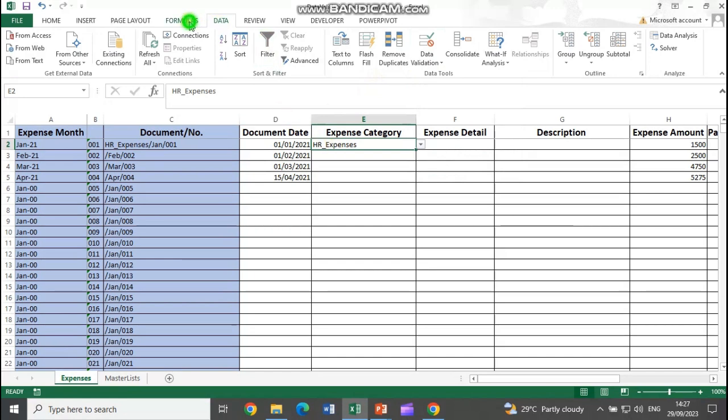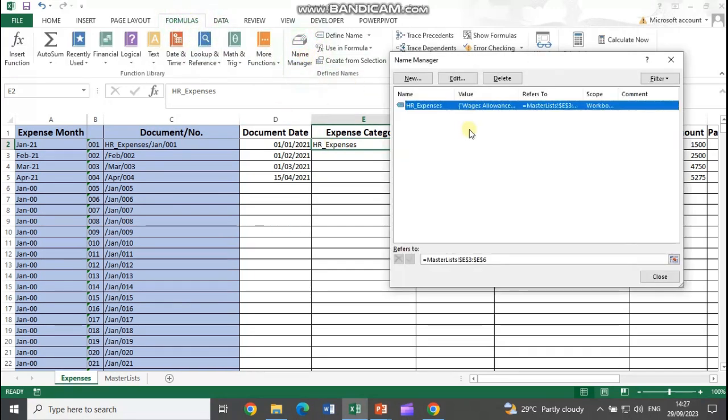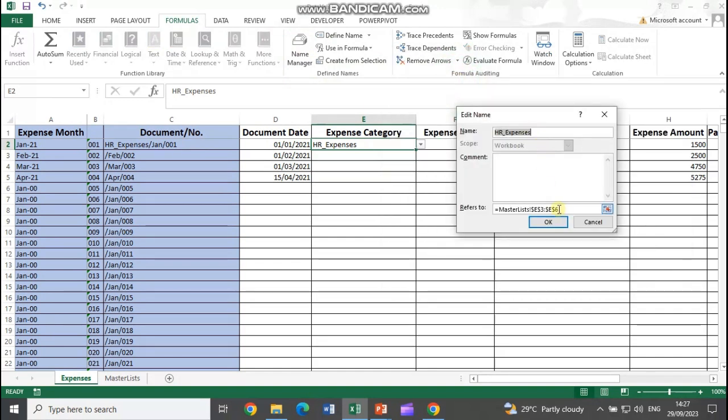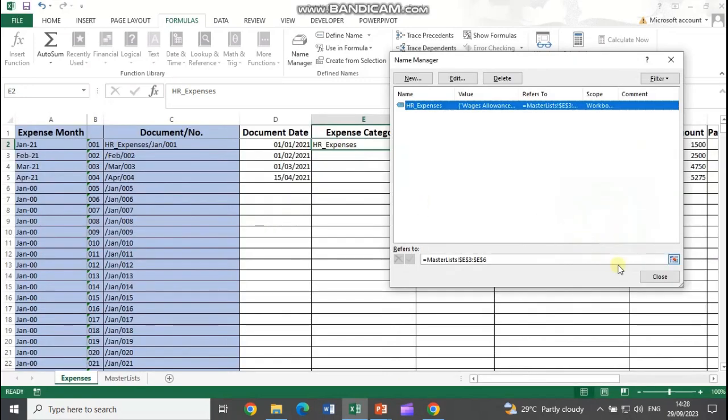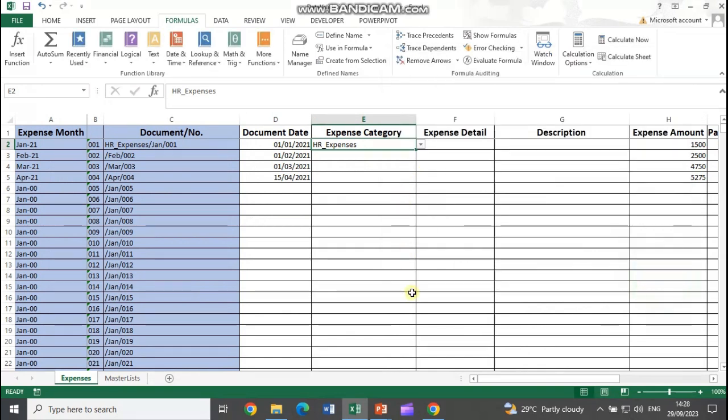So I go to my formulas, name manager, edit my name range, and instead of selecting $E$6, I can select $E$7. I can extend the range, but that would not be practical, because every time you might have a new set of values coming up, so you cannot keep on changing them. So what we do is, we say fine,